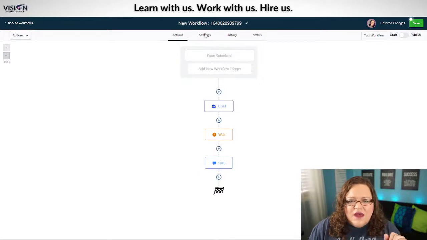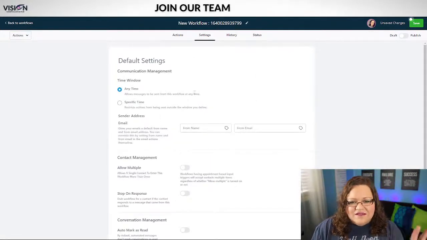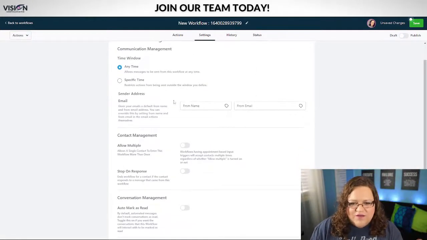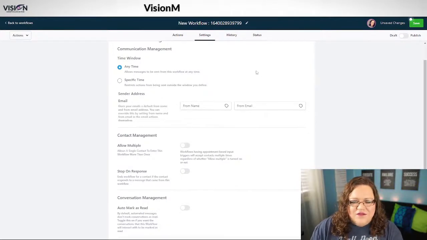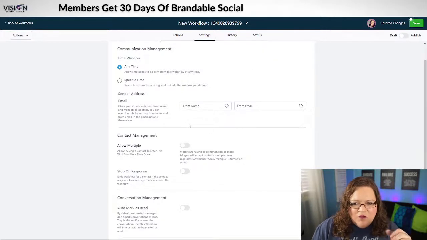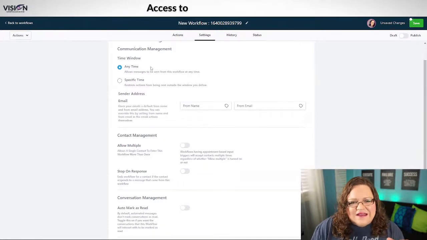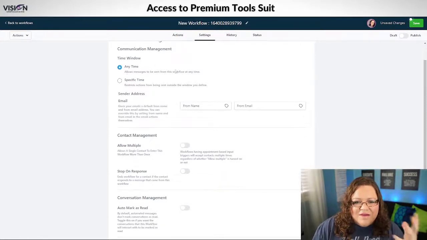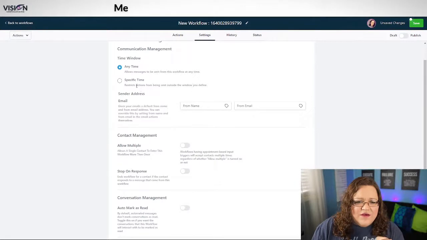Now, the cool thing is that once you have this whole workflow designed however you want to, you have these settings here, which are really simple to fill out. It's always going to default to whatever the account login is. But if you want to override that, you can do that here. Okay. So do you want to send anytime? It allows the message to be sent from this workflow at any time,